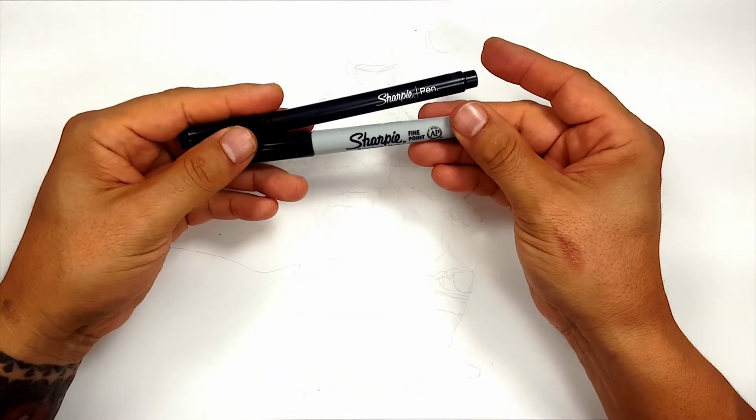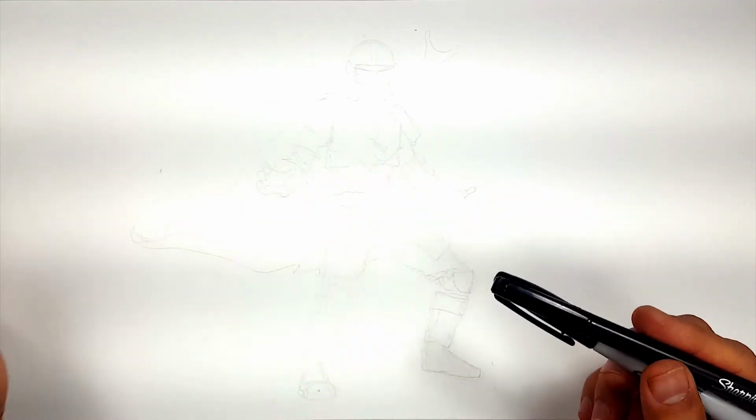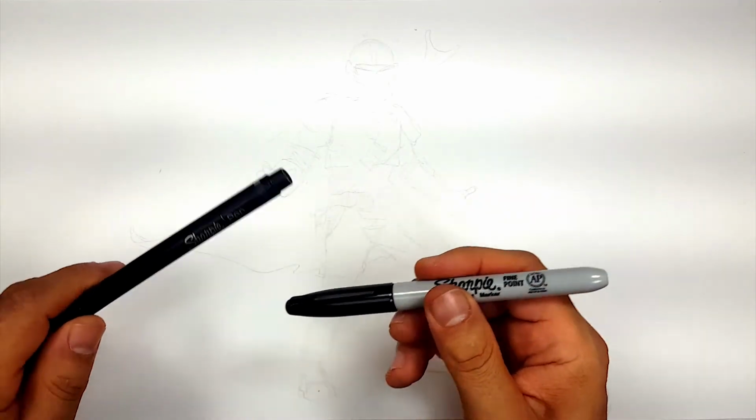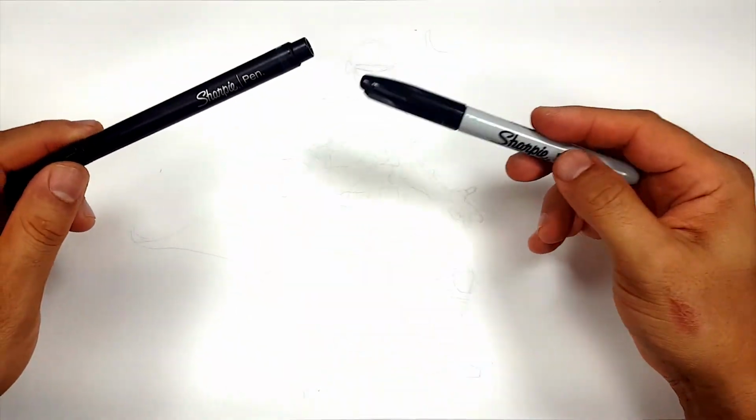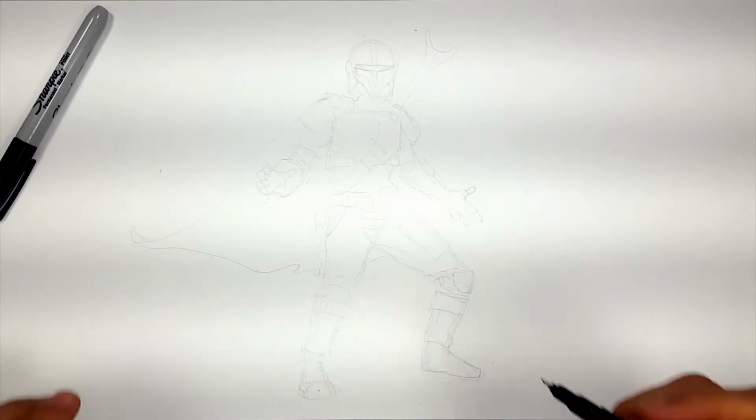It's going to be a Sharpie fine point and a Sharpie pen, and we'll try to move through this fast because I'm so sorry how long that took. I know I'm apologizing way too much, but I'm going to be using the Sharpie pen and the Sharpie fine point. Let's start off with the Sharpie pen just to get the detail of the head right,